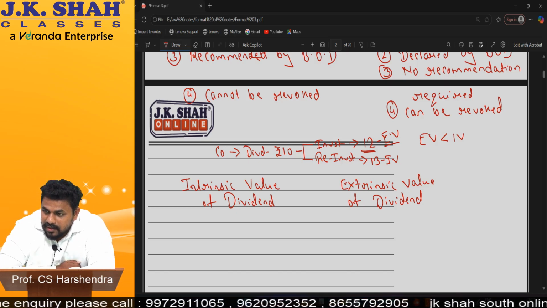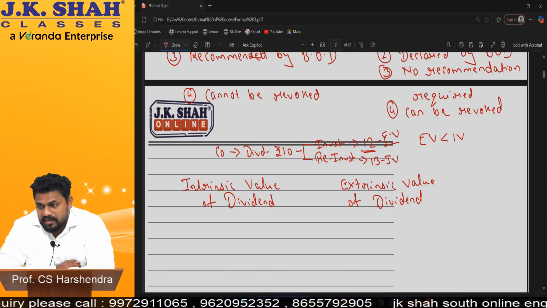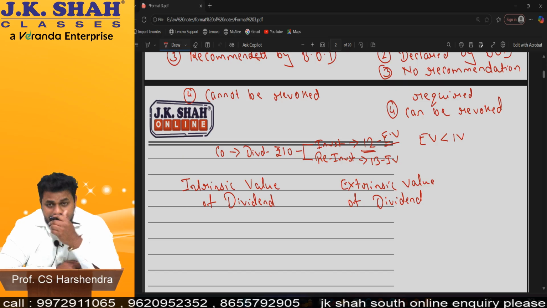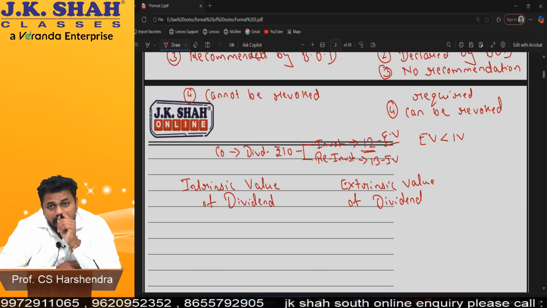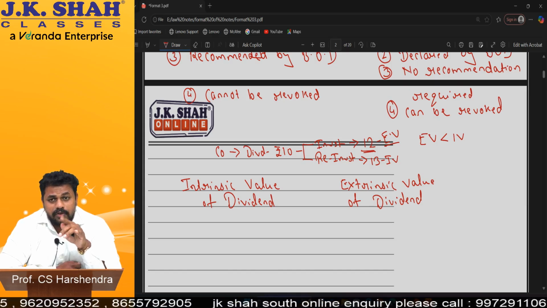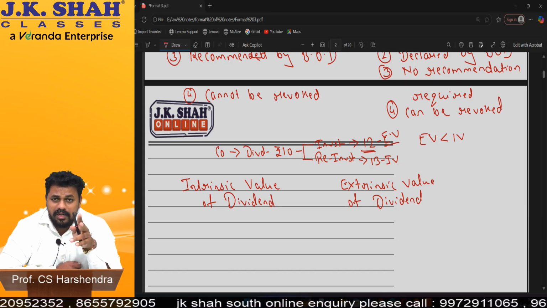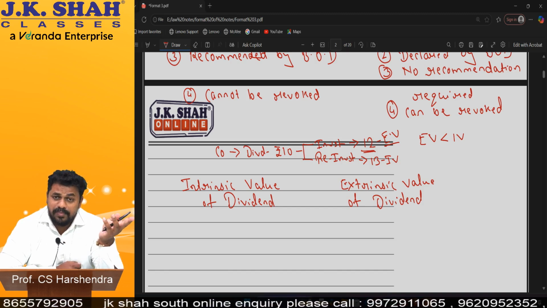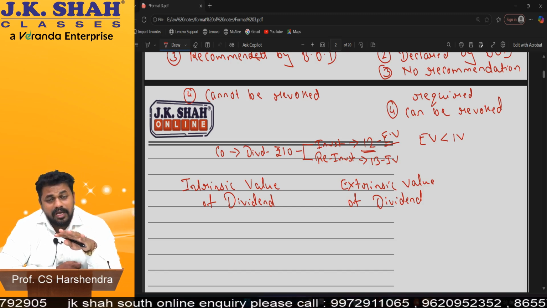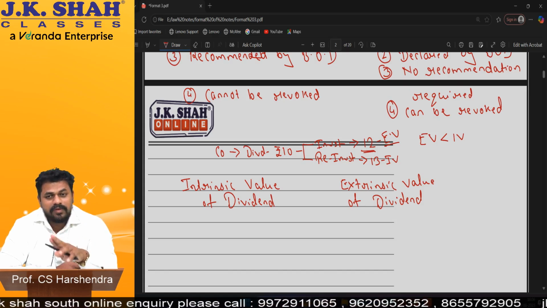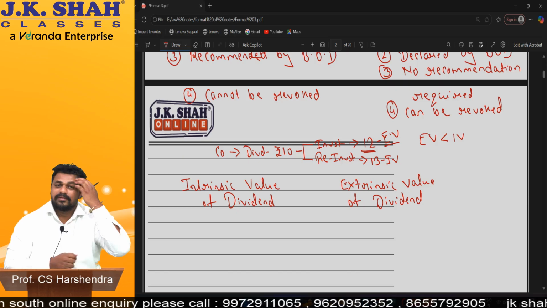Yeah, share price sometimes may decrease. It depends. No, both will not be merged. You may get only interim, not final. You may get only final, not interim. You may get interim and final also separately. Rare possibility, but yes, it is a possibility. But you will not get one dividend telling it is interim and final both. Am I clear?